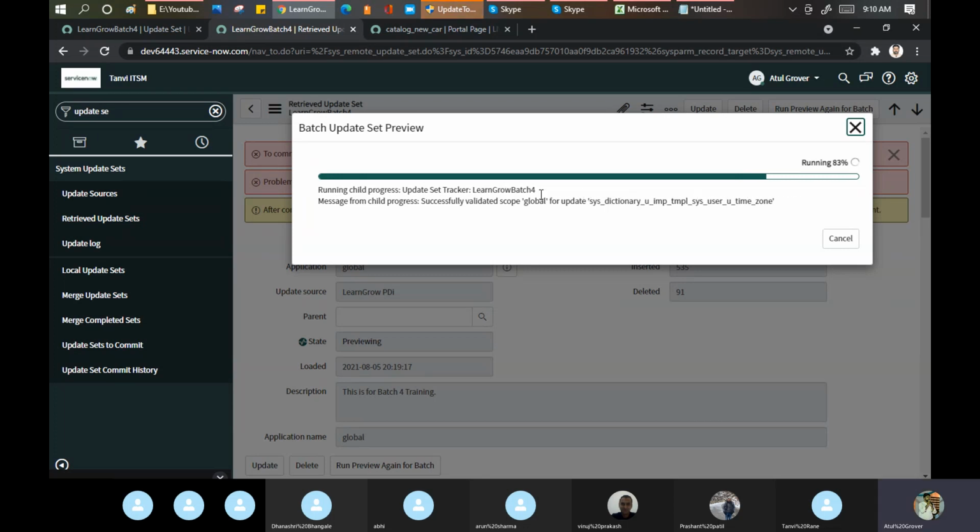Let's see what happened. Everything is going well now, because a few of the changes which are in my instance, in my update set, will be available for your instance as well. So once I correct mine, it will be done in yours as well. Good, it's previewing. Interesting, na?